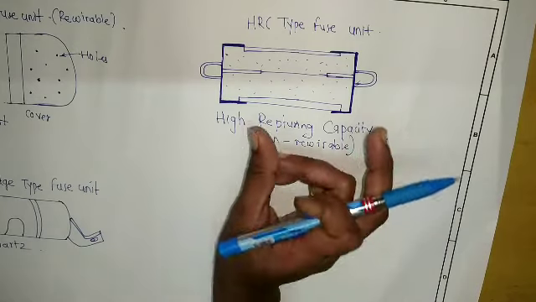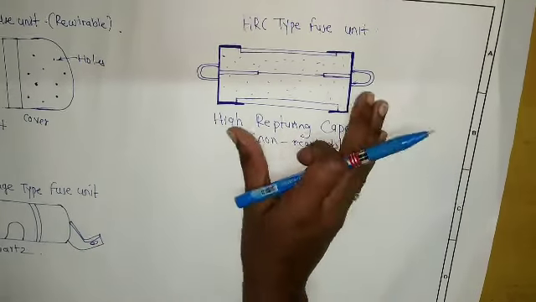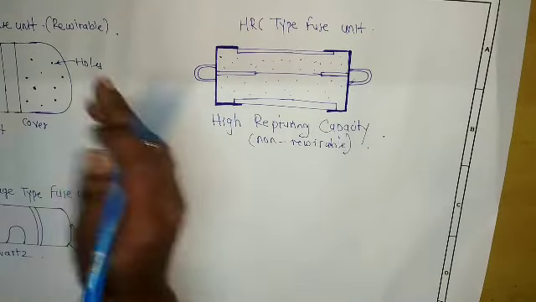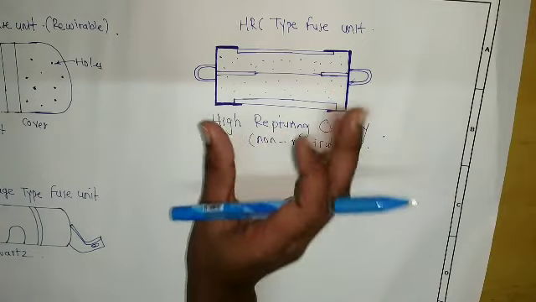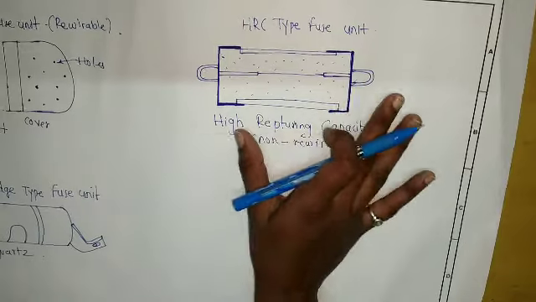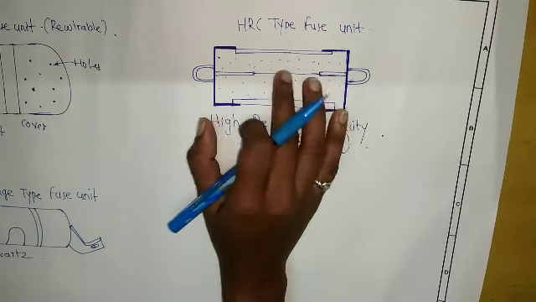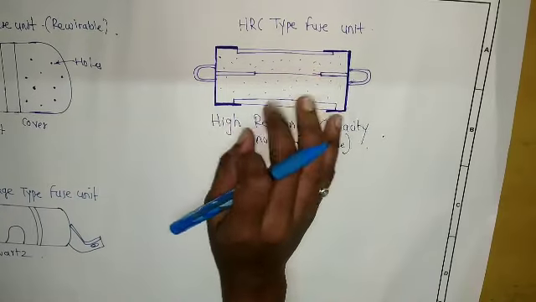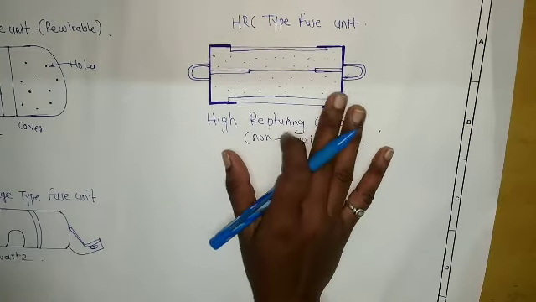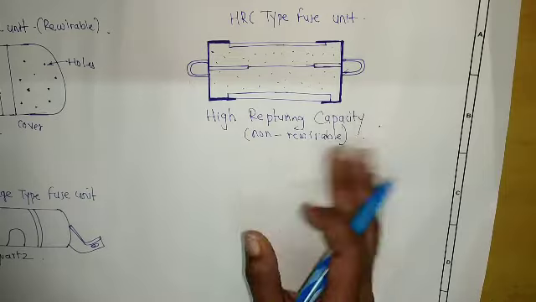But in that particular time period, if our fault is cleared, that overcurrent is reduced and it comes back to the normal current, in that time period only the fault must be cleared. Then and only then this fuse will not melt. But if the fault is not cleared in that time period, then the fuse wire will melt. So this is clear to you. So during that time, if the fault is removed, then it does not blow off, otherwise it blows off.